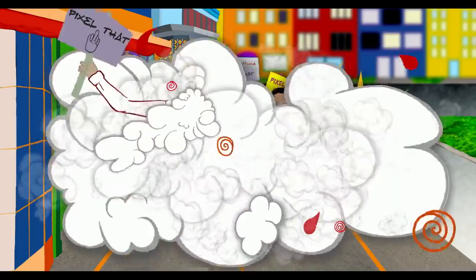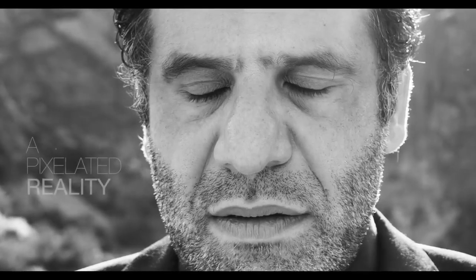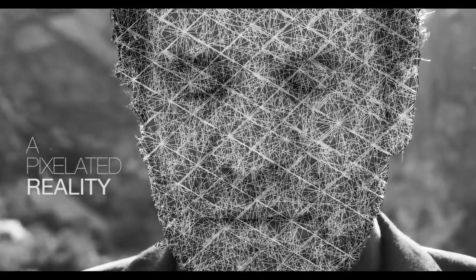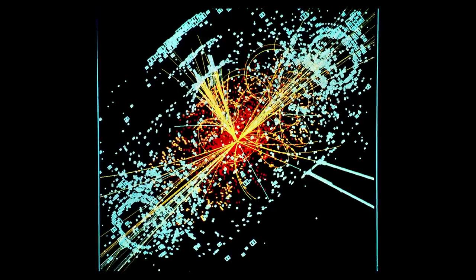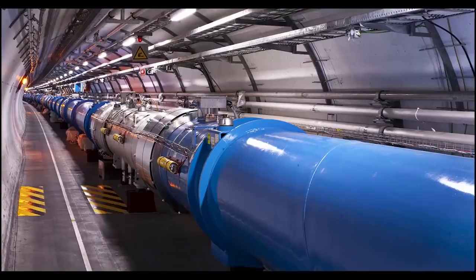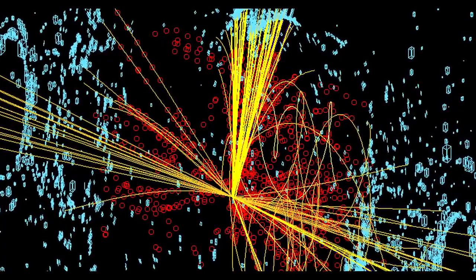We believe that until a quantum gravity theory of pixelated spacetime is discovered, the issue will remain confusing for everyone. What type of geometric code would describe a pixelated reality? 80 years of smashing particles together in particle accelerators, such as the famous Large Hadron Collider in Geneva, have given us a strange clue that all the fundamental particles and forces convert into one another. Like they literally transform from one to the other according to a process called gauge symmetry transformation. And all of these conversions correspond to a shape. And not just any shape, an 8-dimensional shape.